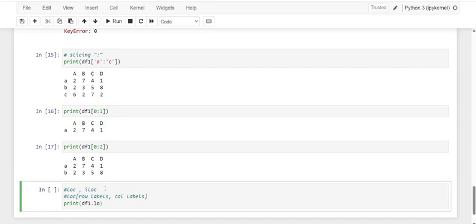I'm going to provide the label for the row, and for the column I'm going to make it an uppercase letter. So this is how the uppercase works. Kindly have a note of it.